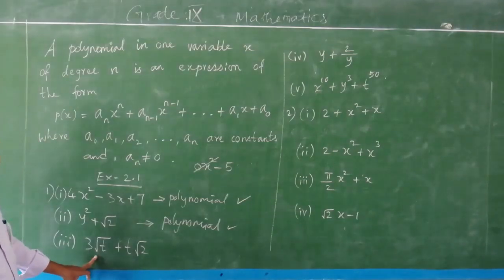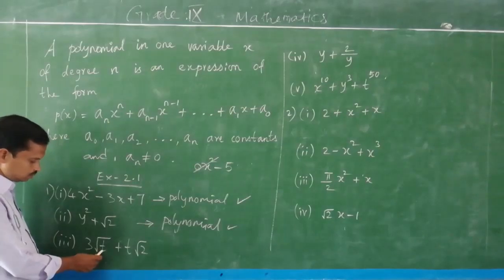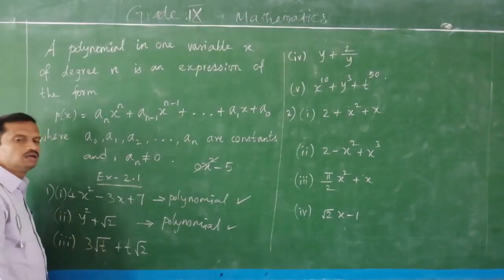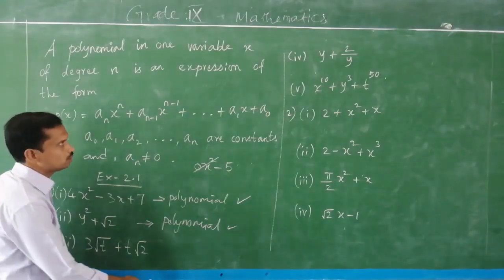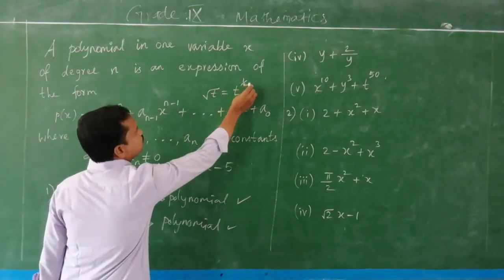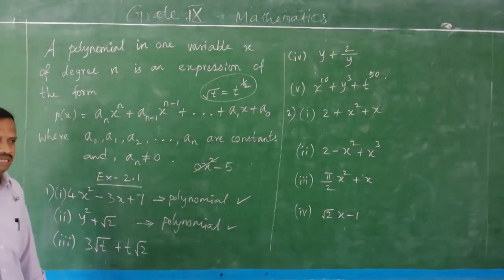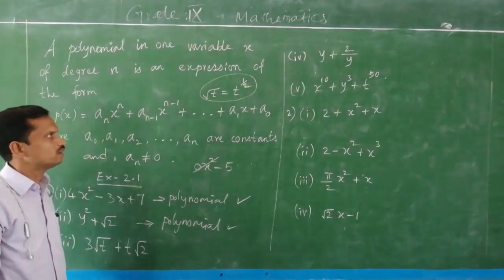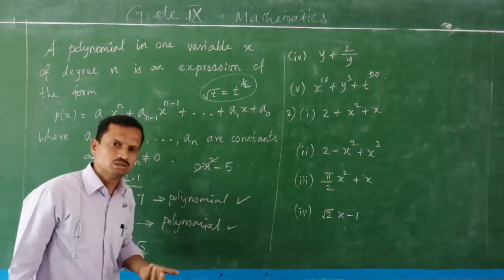And here, third option, 3 root 2 plus t root 2. First you notice the variable t. Here the variable is inside the radical sign, root t. So root t means what? Root t means t power 1 by 2. You can write root t in exponent form as t power 1 by 2. So the exponent 1 by 2 is not a whole number. So the condition is,